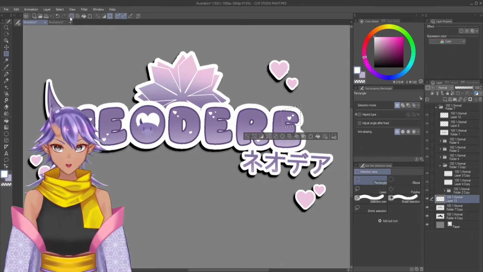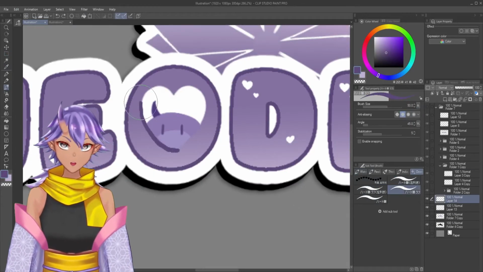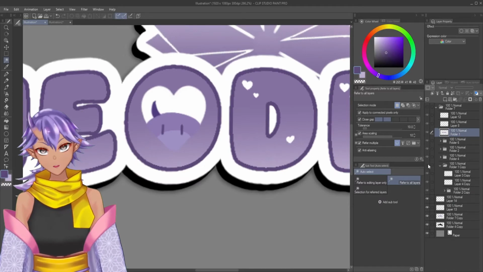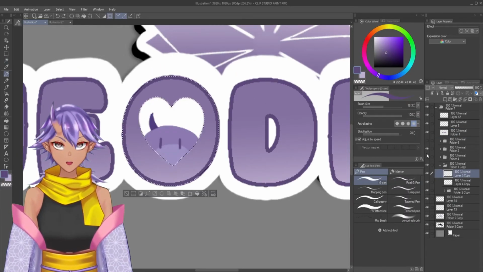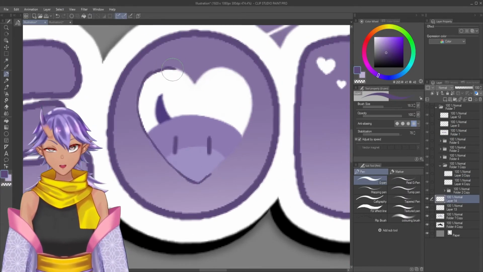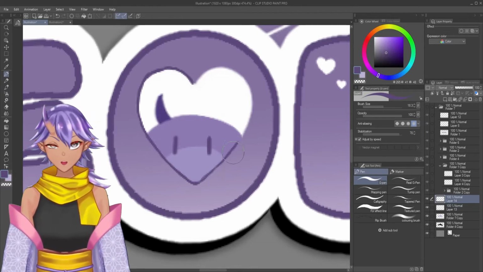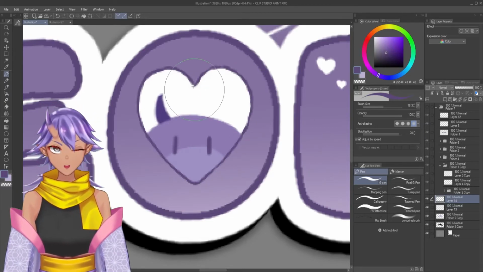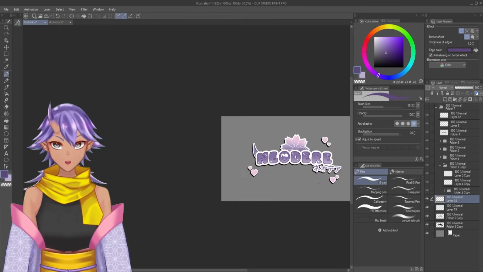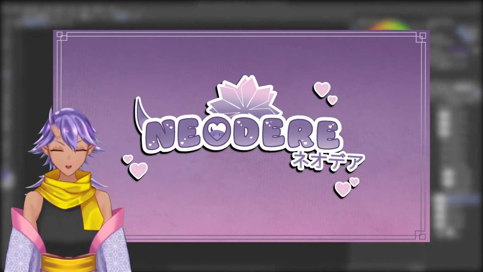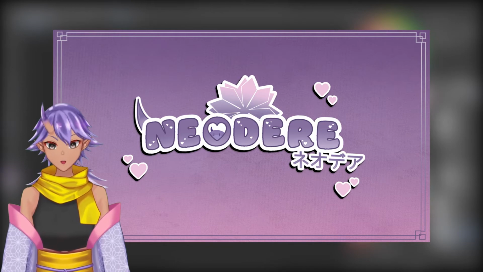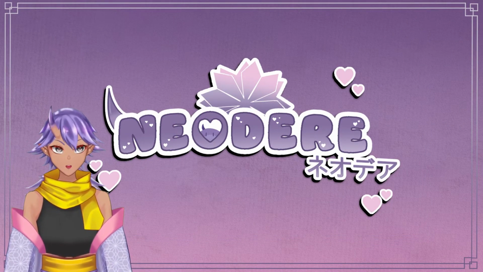Little position there. Add an outline to the heart, which I should have done a while ago, but I chose not to. So I had to do this by hand. It was hard as heck. That was so annoying, dog. But bada bing, bada boom. After that, we created a whole new thing.